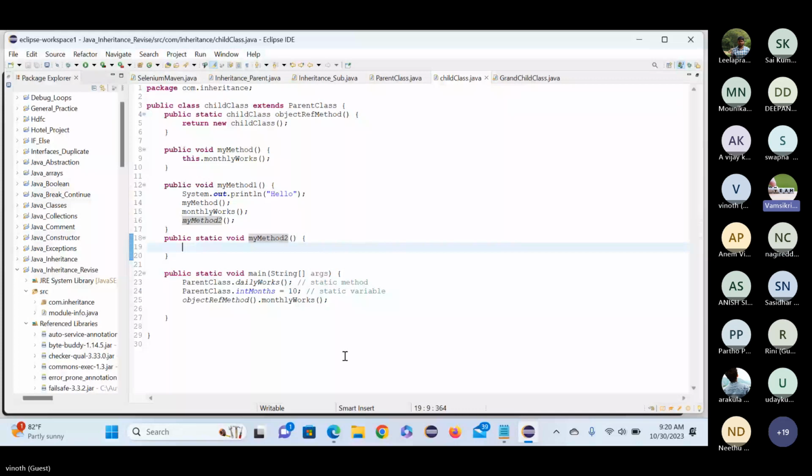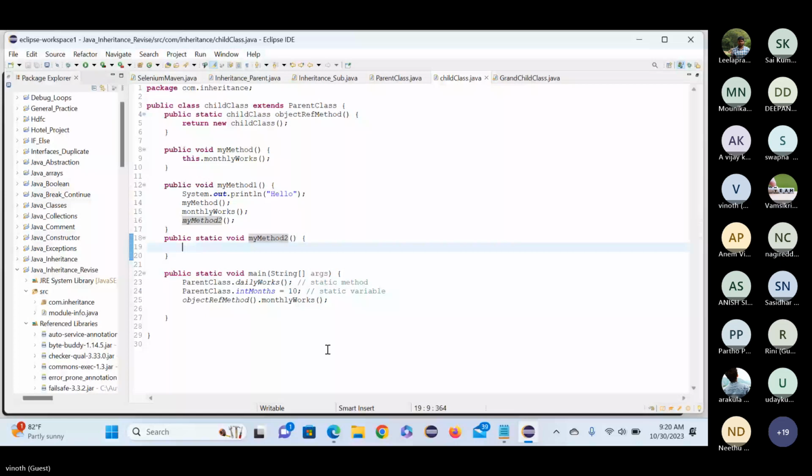So why am I triggering this one? What is the purpose of this particular extend parent class? Okay. Here there are two reasons. One is, when we implement these types of scenarios, only then will you understand the exact point of what the purpose of inheritance is. And the second one is, now you know about